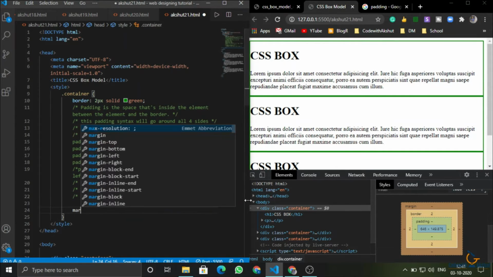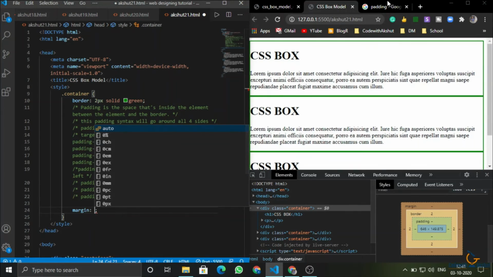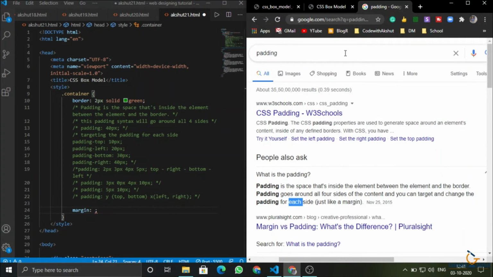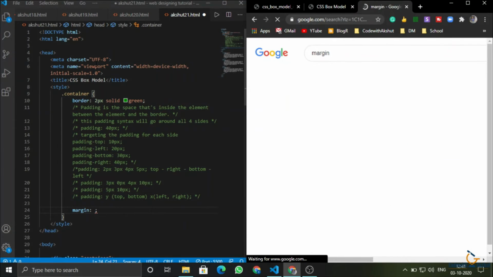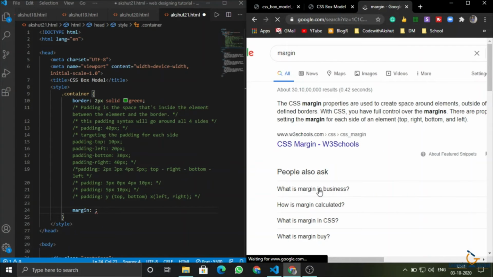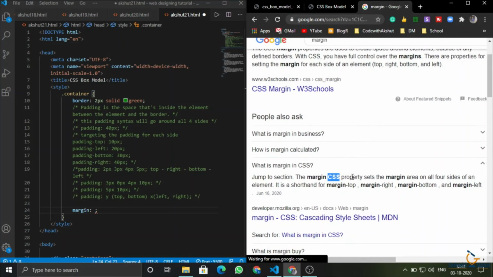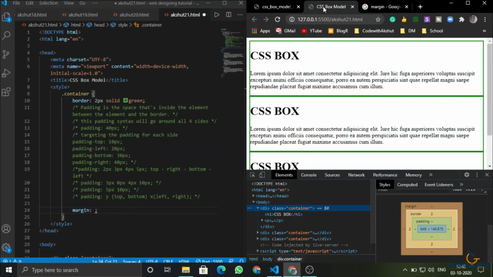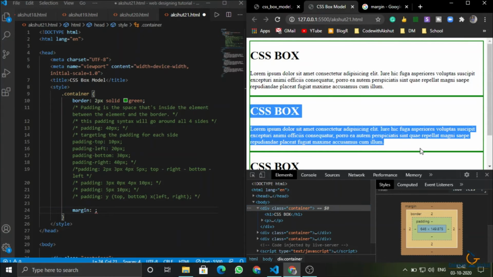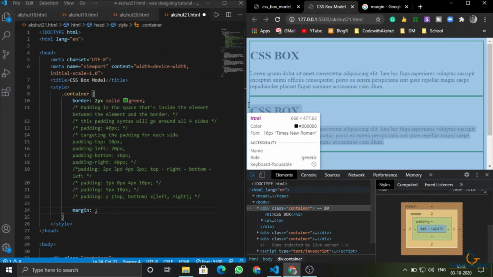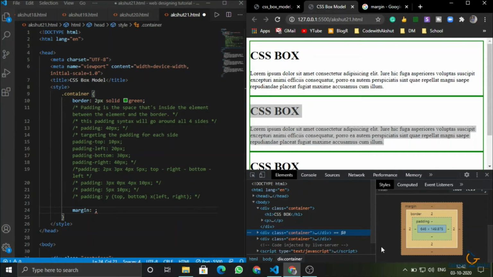So what is margin now? Let us discuss margin. The margin CSS property sets the margin area on all four sides of an element. So basically the margin sets space on all four sides with the parent. So we have this div.